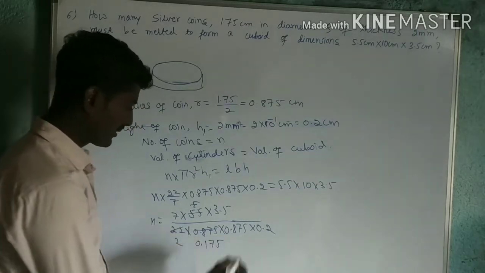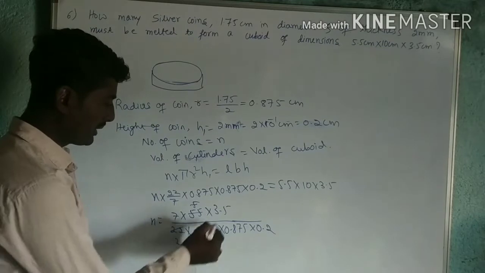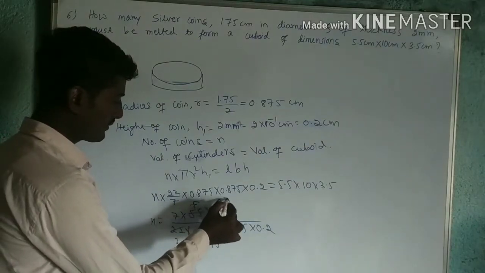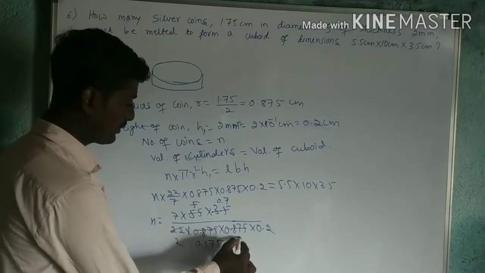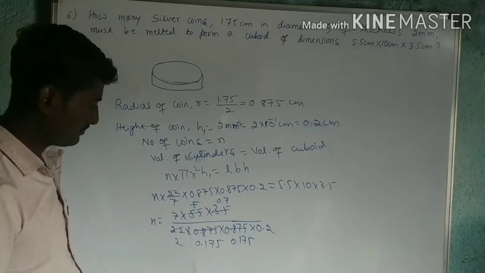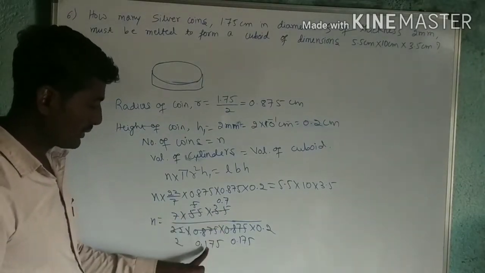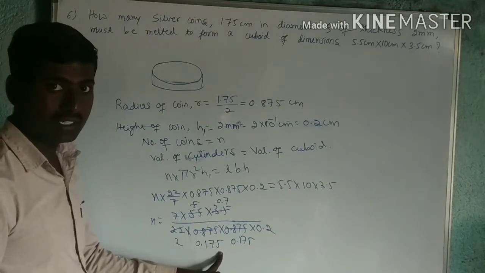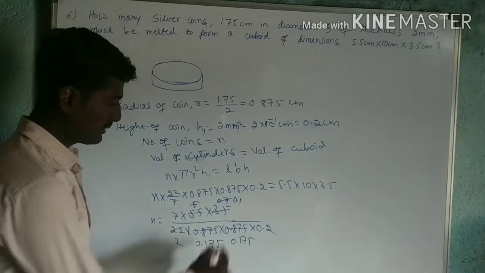5 5s are 25. It will get cancelled. Now again you can divide it by 5. 0.5 7s are 35. So again this will become 0.175. Okay. Now here again I will divide it by 7. 7 2s are 14, carries 3, 7 5s are 35. So 0.1 it is. 0.1.